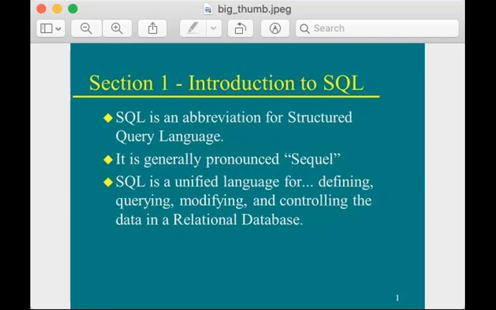In our studies of relational databases, we are going to learn how to query, modify, and control this data. Now, it all boils down